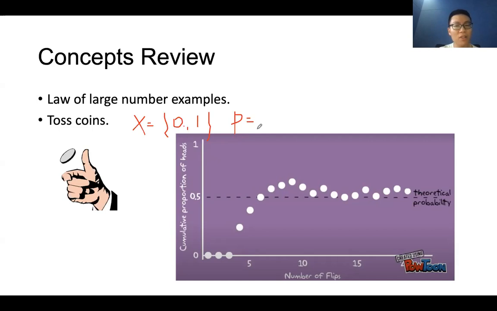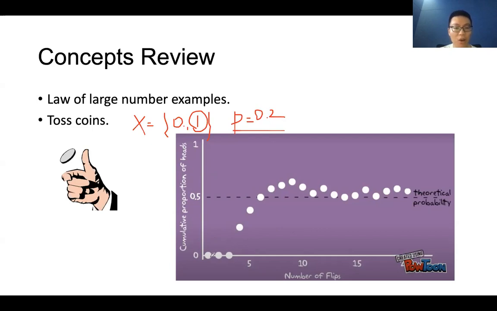The success probability, the success rate, you should think about as the proportion of times that you toss a coin to be the head, right? So for example, when p is equal to 0.2, it means that there is a 20% proportion that you toss a coin to be the 1, and the rest of the proportion you toss to be the tail. Okay, so when you toss it so many times, like here 5 flips, 10 flips, or 20 flips, you just count the proportion of the heads, right?